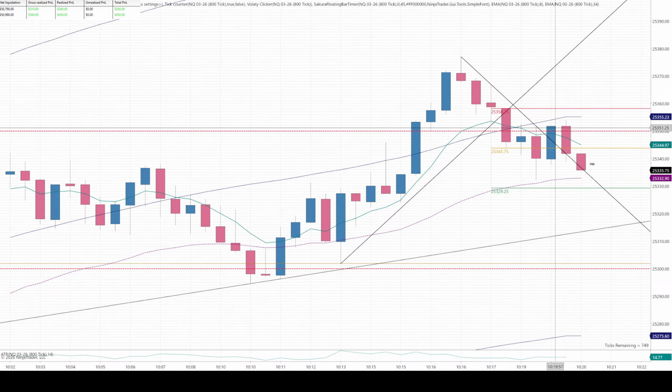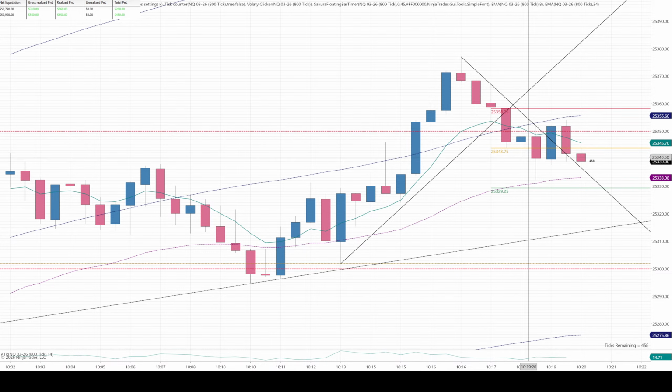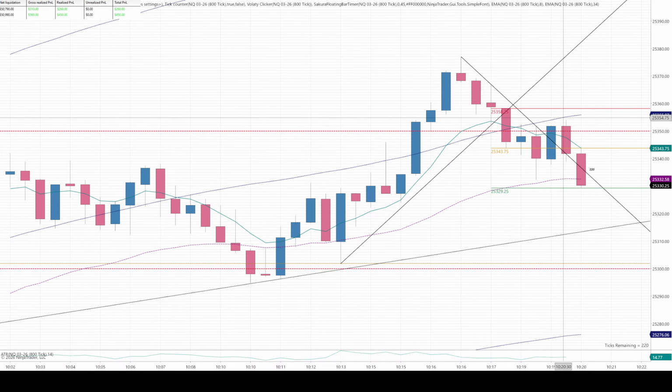So here, you're getting the opposite setup, but notice what's in the way. Standard deviation's in the way. So I didn't take it to the upside here. I think standard deviation is a very strong level of an obstacle, so I don't want to get in its way. But yes, if there was no standard deviation here, we would have taken the bounce off 350, hoping that we go up.